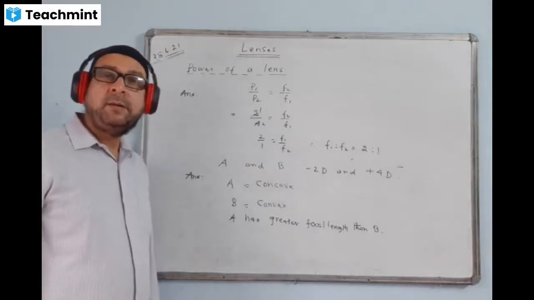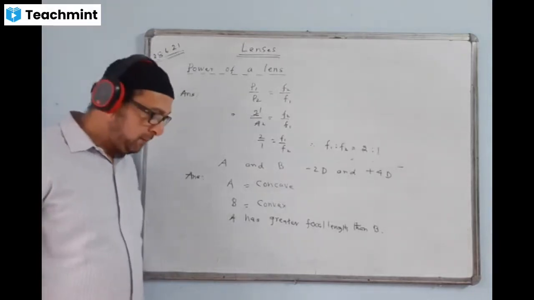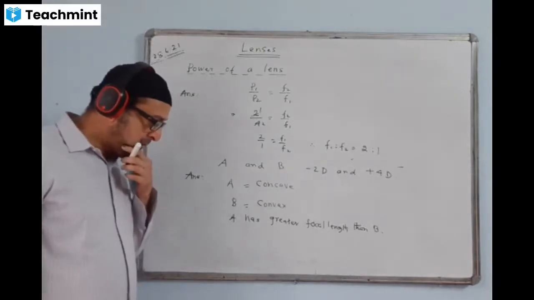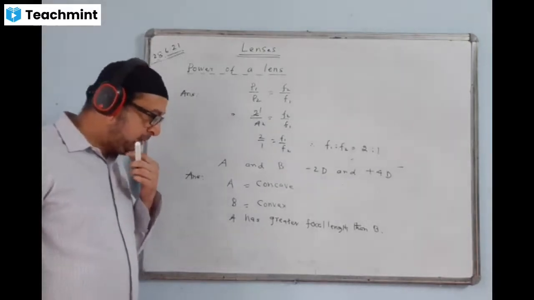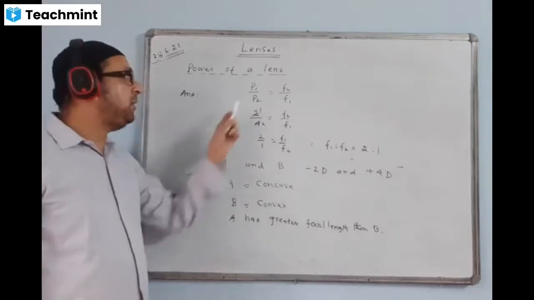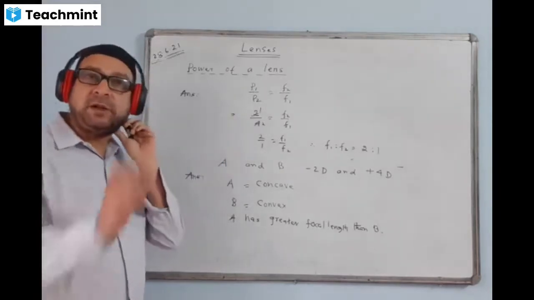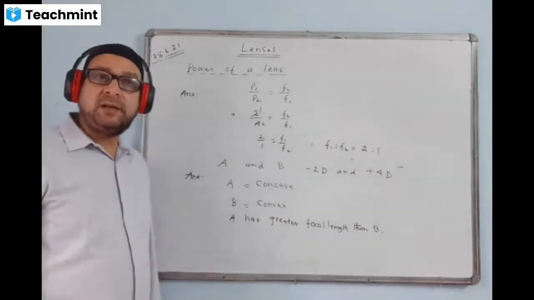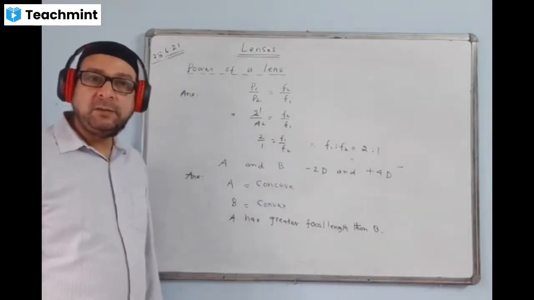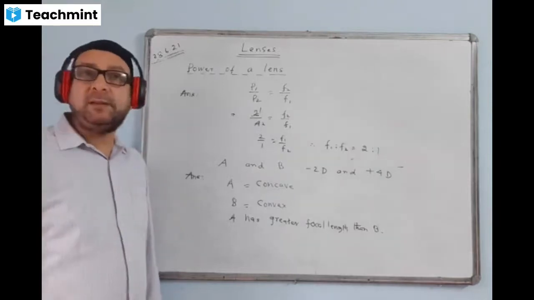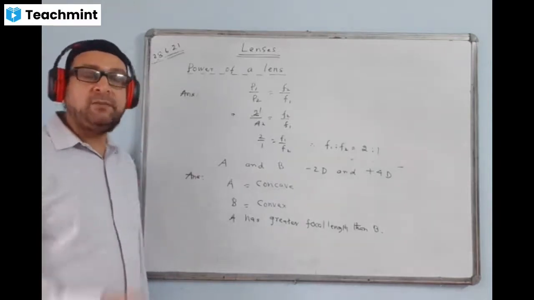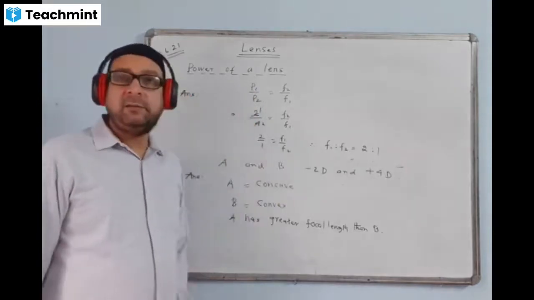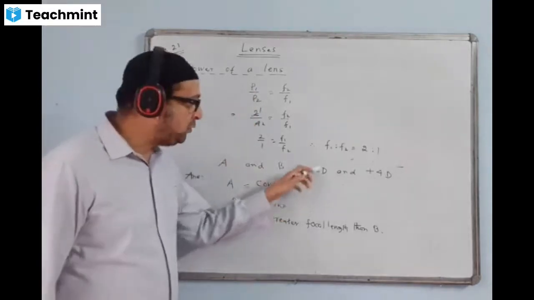All right. It is -2, no? The minus sign we will not write. Ratio we are finding out, so we will just take the magnitude. Minus sign and plus sign represent concave lens and convex lens, those kind of things, the nature. If it is converging, then plus sign will be there. If it is diverging, then minus sign will be there. But when we are finding the ratio, we will not take the minus sign. We will take only the magnitude, 2 and 4.